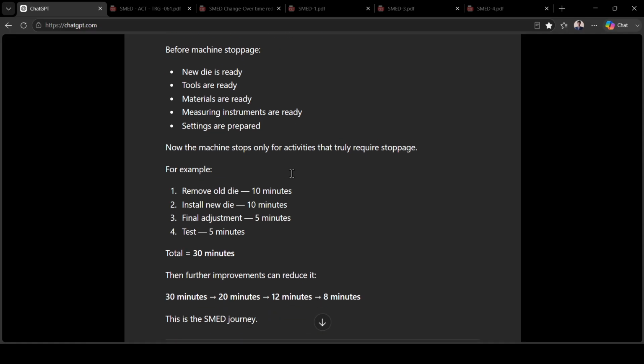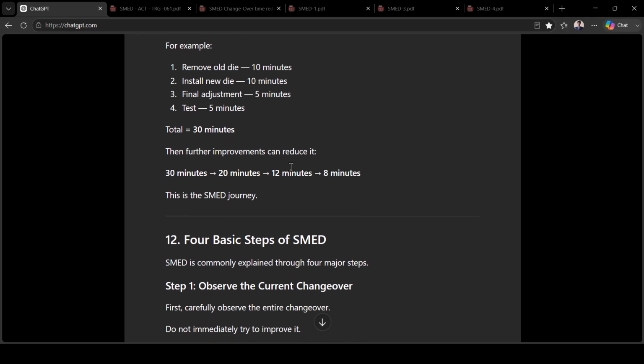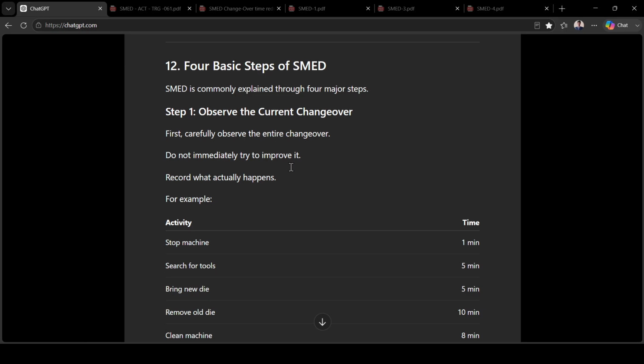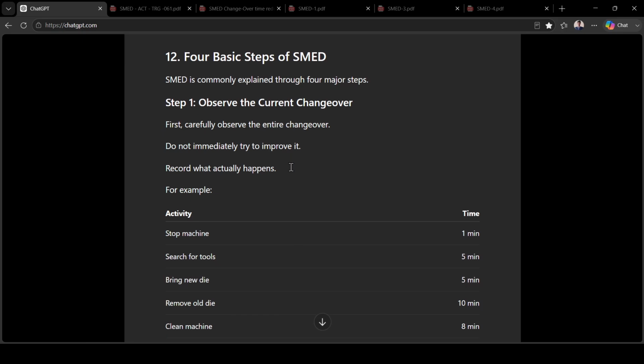Further improvements can reduce it. So 30 minutes to 20 minutes, 20 minutes to 12 minutes, 12 minutes to 8 minutes. This is the SMED journey. So, four basic steps of SMED. SMED is commonly explained